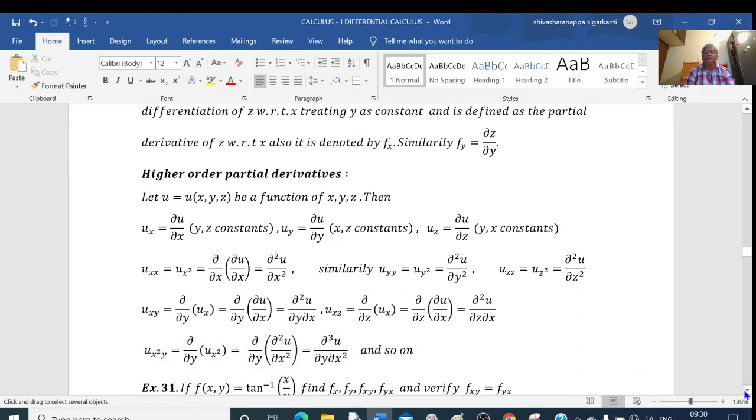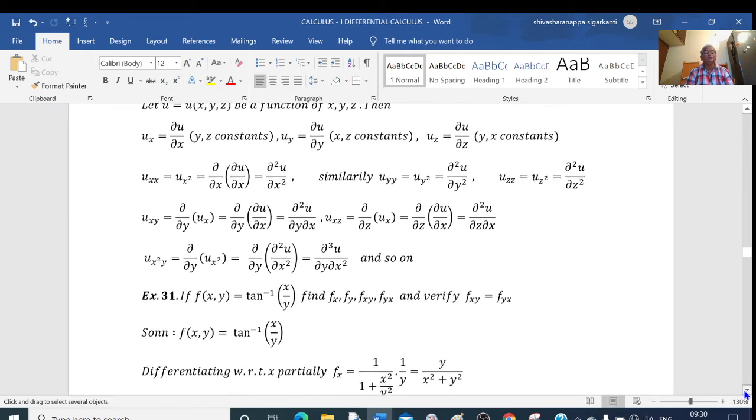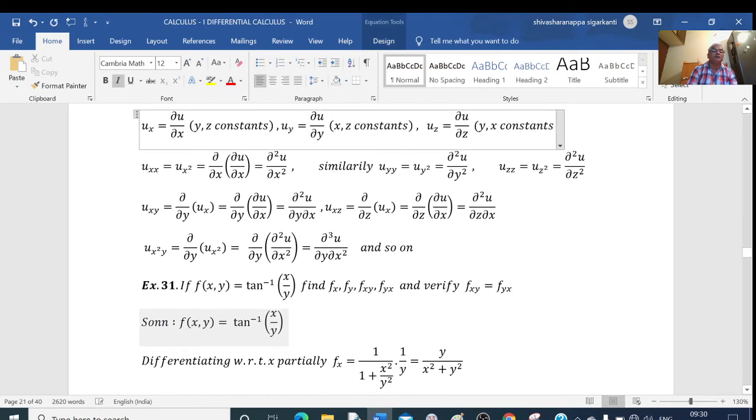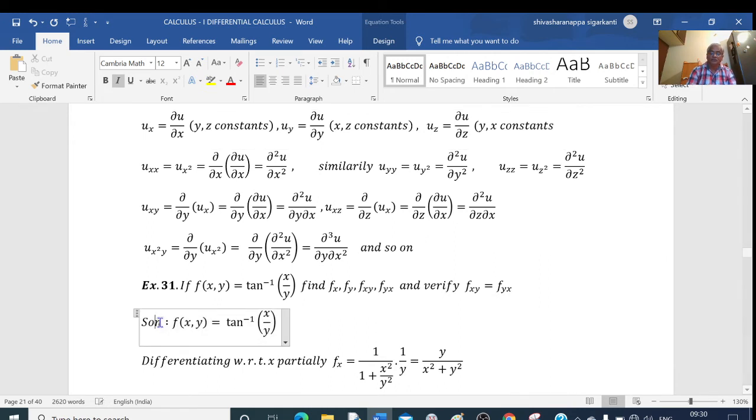Okay, then we go for some examples. If f of x comma y is equal to tan inverse of x by y, find fx, fy, fxy, fyx, and verify fxy is equal to fyx. Okay. So given function is